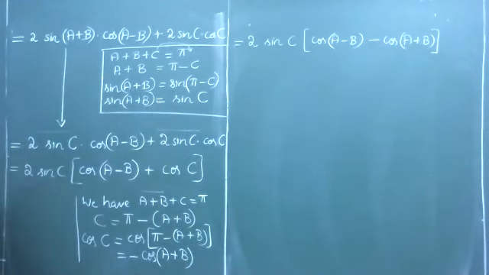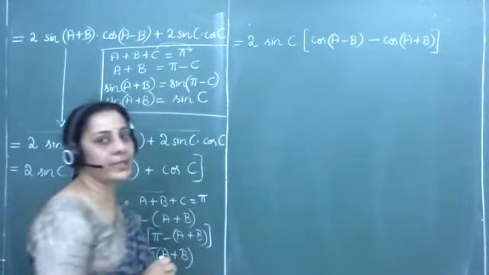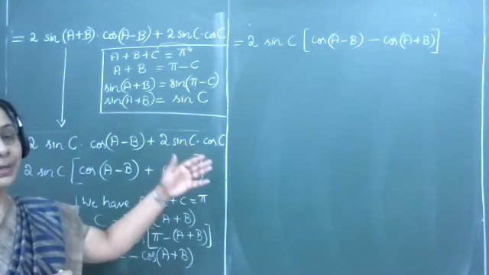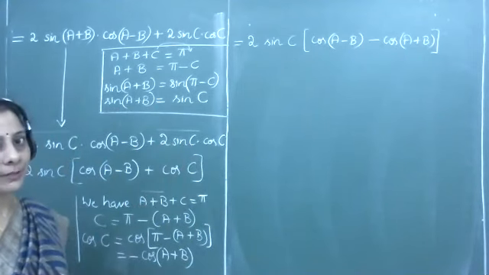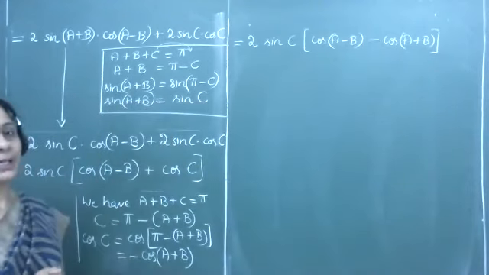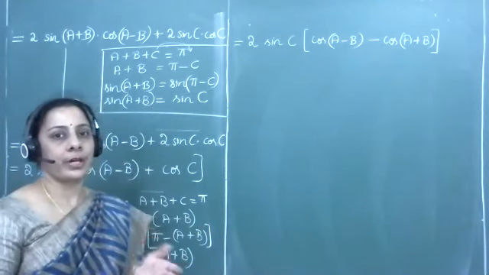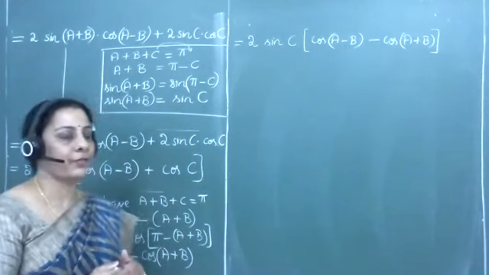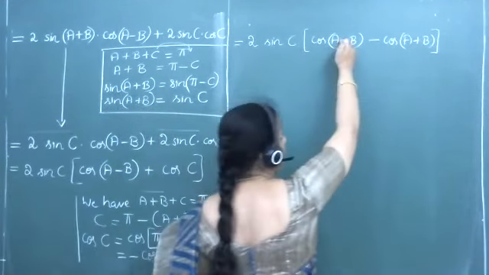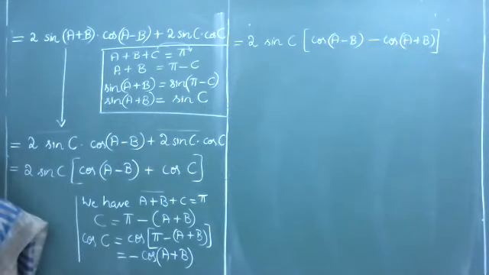So now what? What is the next step? We have to further eliminate the difference of two trigonometric functions and bring product of two other trigonometric functions. So for which we will have to use transformation formula again. Whenever you need to transform either sum or difference into product, you will have to apply transformation formula to that. So here also apply cos C minus cos D. For C, consider the angle as A minus B, and for D, consider the angle as A plus B.